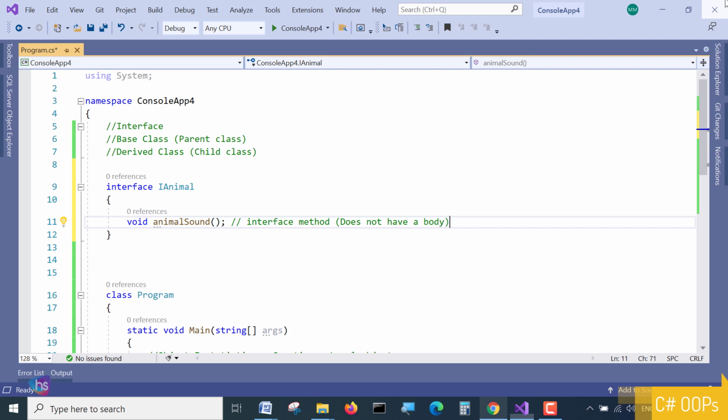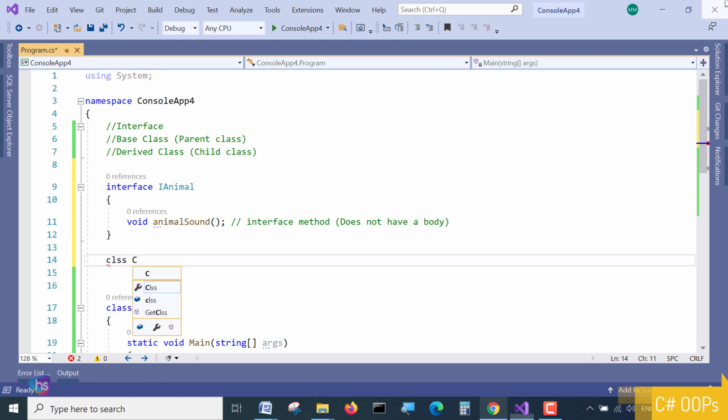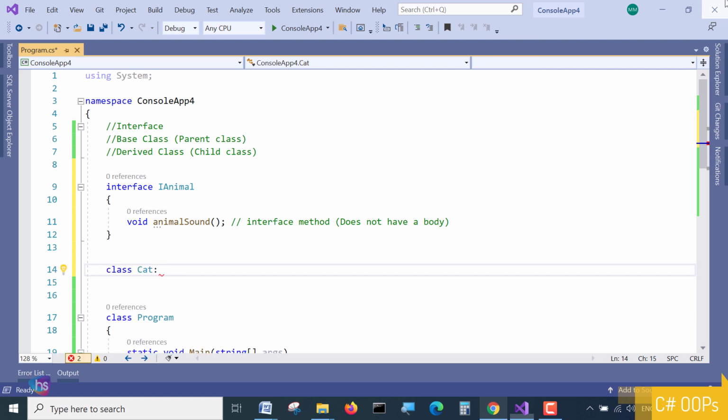What I am doing now is creating a child class called Cat. Just as we did for a parent class, in a similar way we apply the colon and then the interface name.